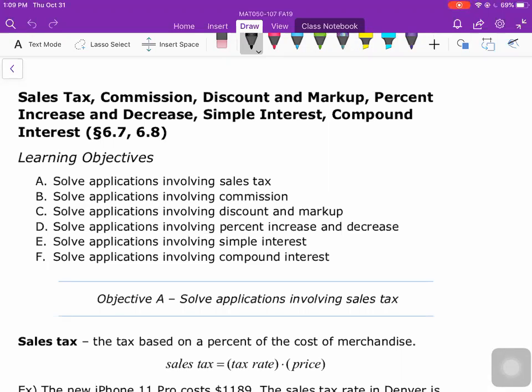What we're going to be looking at now are some applications of that, some more specific applications. We're going to be looking at sales tax, commission, discount and markup, percent increase and decrease, simple interest, and compound interest. So there's a lot that we're going to be looking at, but what I'm going to show you is